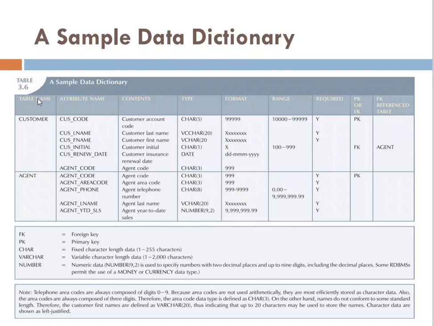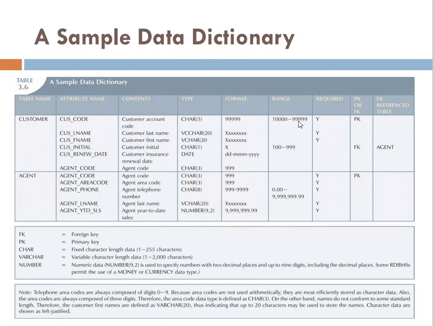First we have a table name and attribute name, whereby we list down all the attributes for these two tables, and then the meaning of each attribute. For example, CUS_CODE means customer account code, and then the type of the attribute. For example, customer code can be any character with a length of 5. And then this is the format: 6 numbers, range from